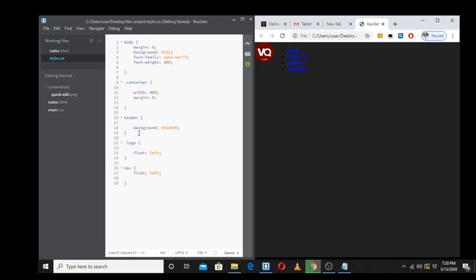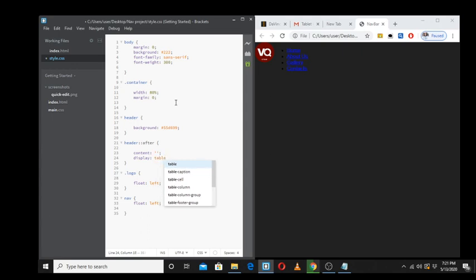We can make use of a header after. Okay, so we are also going to learn these when we have an introduction to CSS. So what will happen after? Let's say content, there's no content, blank, display table,